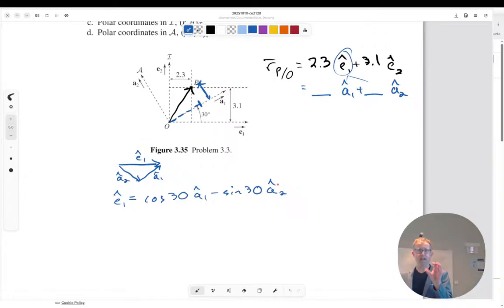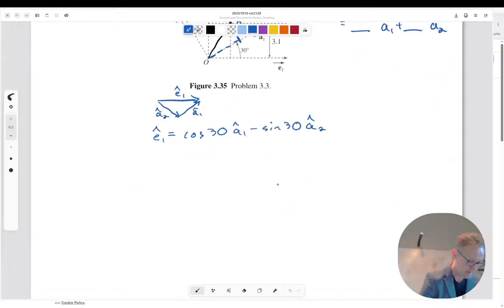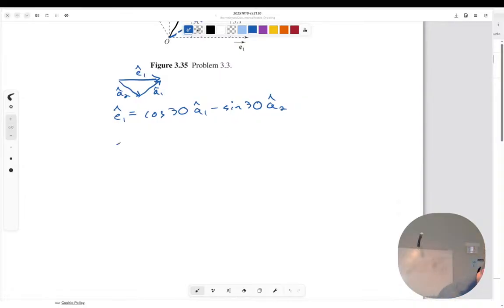So I can just create a math definition of this vector using sines and cosines. In order to go one step along that E1, I have to go out of my way along A2 in the negative direction, then up positive cosine theta along that A1 direction. And then E2 is similar, but it's going to be a sine 30 along that A1 plus a cosine 30